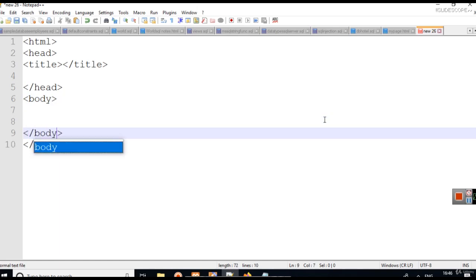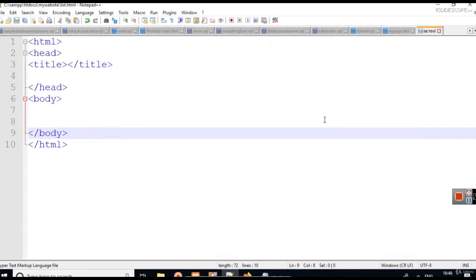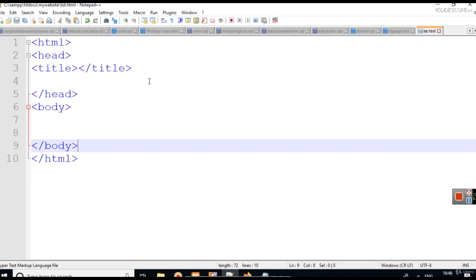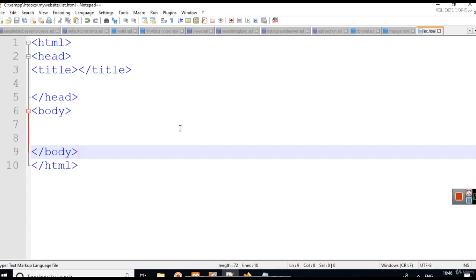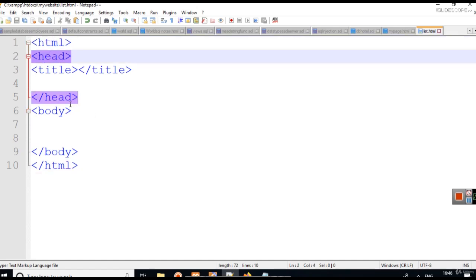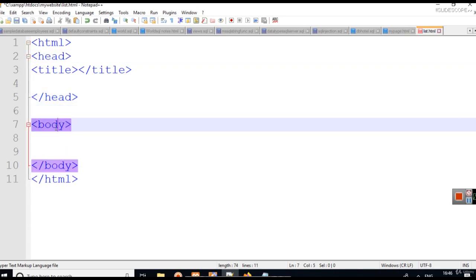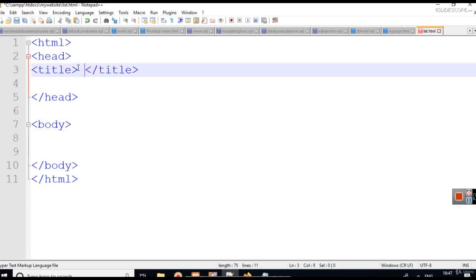So we can write the body tag here, and let's save this page as list.html. Now when I have saved this page as .html, you can see Notepad is able to recognize the meaning of every tag here. And so whenever you click on some tag, you will be able to tell where it is ending. And in the title tag, let's write